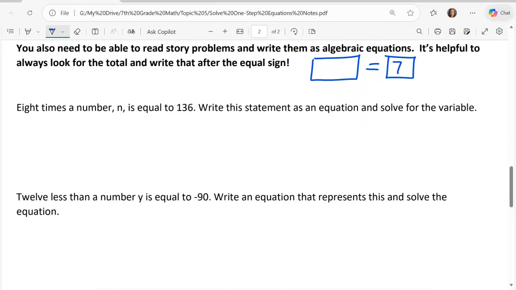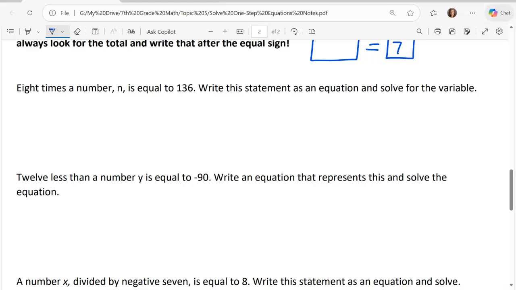So this says 8 times a number, so we're going to practice. 8 times the number n is equal to 136. Write this statement as an equation and solve for the variable. So we want a math problem with an equal sign and then another number at the end. That's what an equation is going to look like, okay? We're going to solve later. We're just worrying about